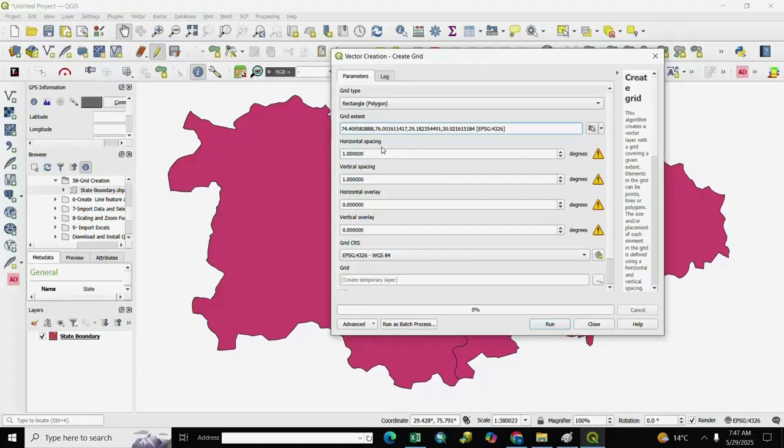After it, horizontal and vertical spacing, we write here 0.10 and the same vertical spacing 0.10. After it, we run